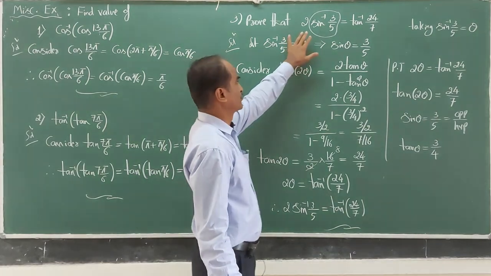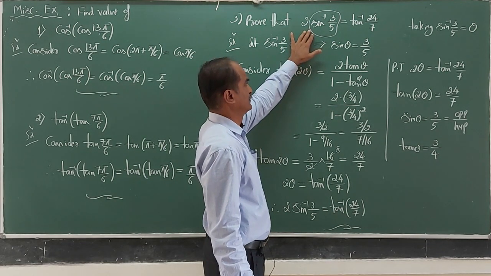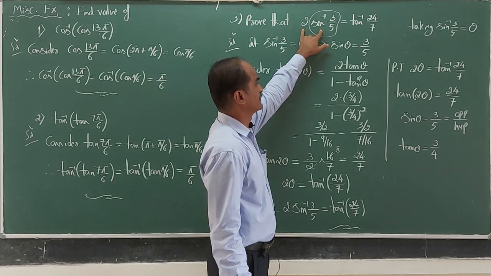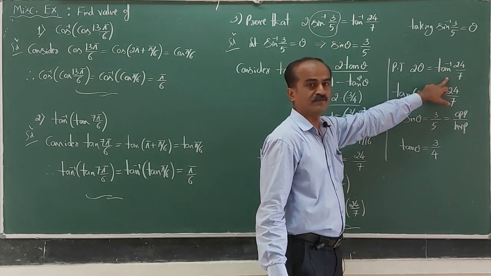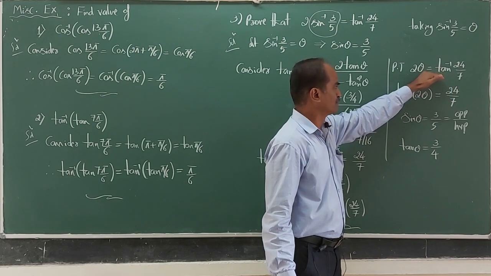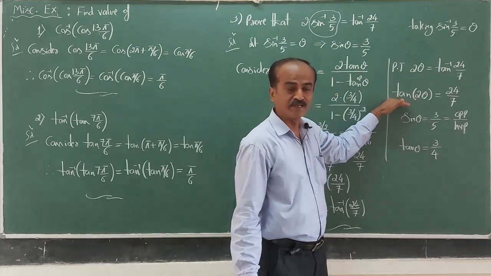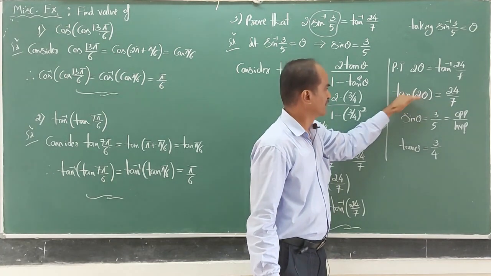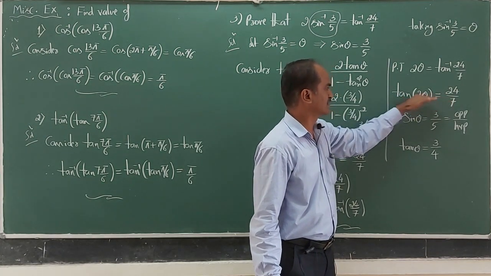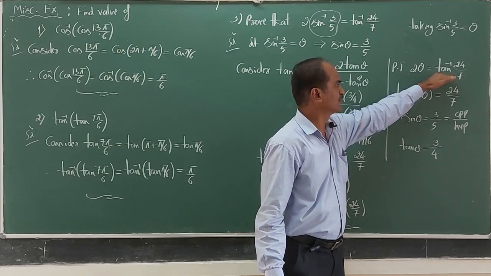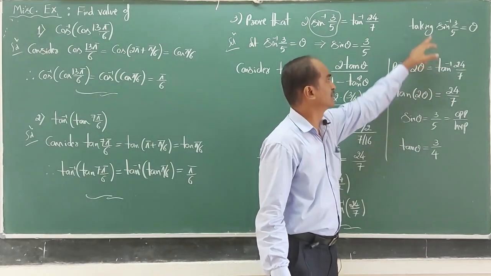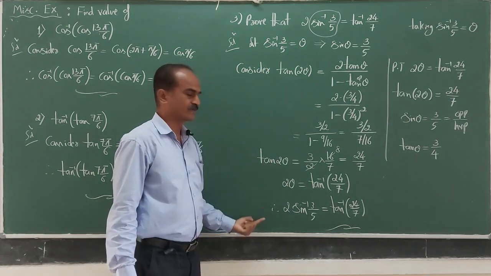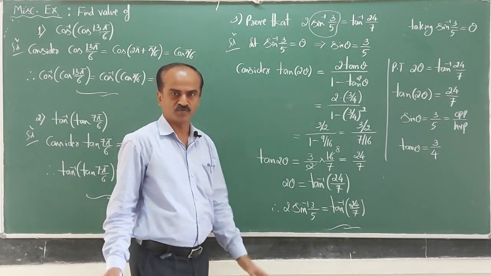In order to prove this result, I consider sin inverse 3 by 5 as theta, then the equation becomes 2 theta equal to tan inverse of 24 by 7. To prove this, I considered tan 2 theta and showed that it is equal to 24 by 7. By showing tan 2 theta equal to 24 by 7, I can write 2 theta equal to tan inverse of 24 by 7, resubstitute theta, and that will complete the example. So, that is the logic here. I hope you followed this example.